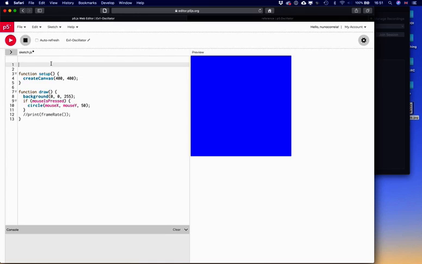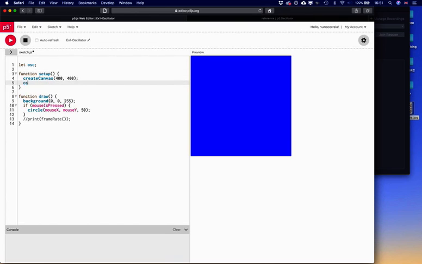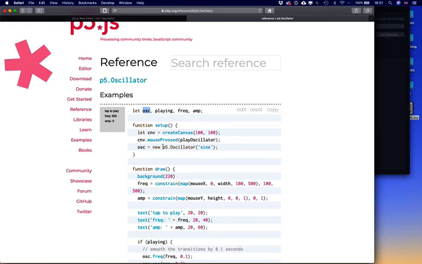But in this case, I will declare it globally because I want to set up my oscillator and then I want to draw it, okay? In the setup, we're going to say what type of oscillator it is, for example, sine. And then in draw, I'm going to change the sine wave, okay? So I create a new oscillator by saying let osc. You could call it anything here, basically. You could call it my osc or nice osc or whatever you want. And here I'm just following the reference, right? To create a new oscillator, you say osc equals new